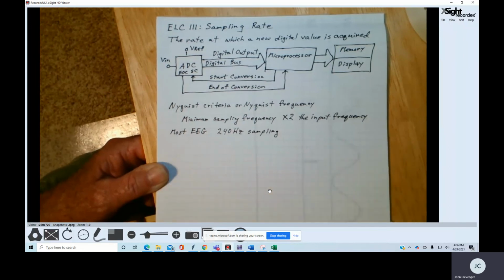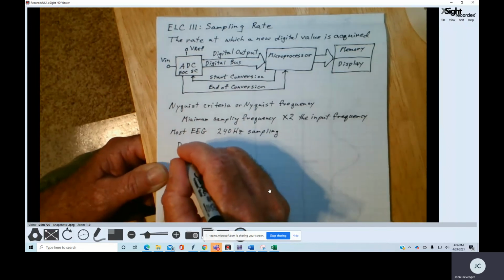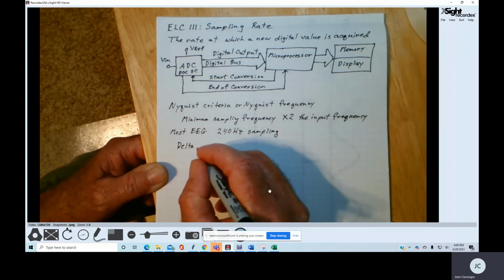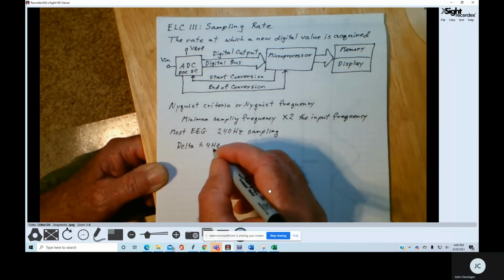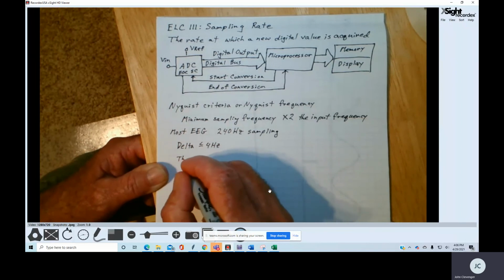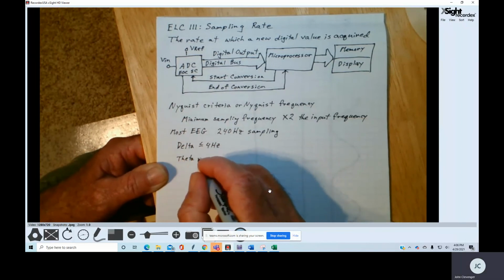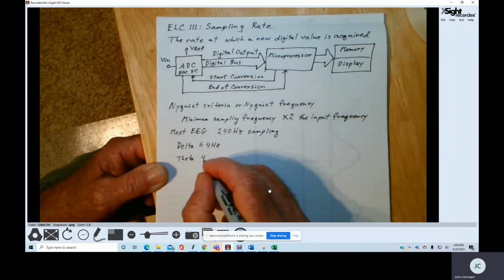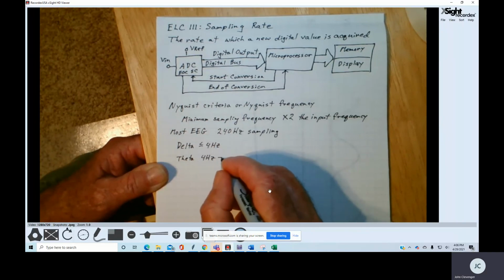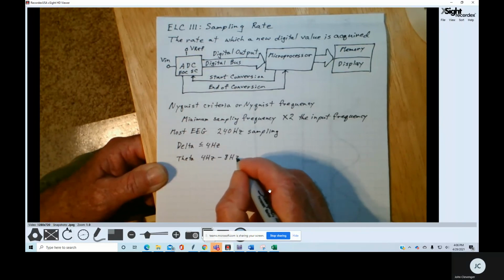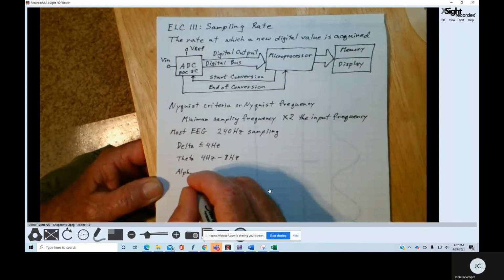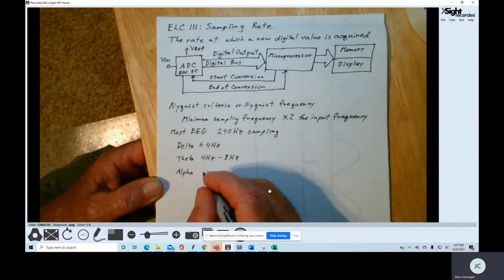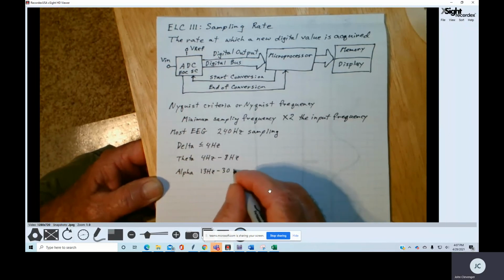The EEG signals, the delta signal is less than or equal to 4 hertz. The theta signal ranges anywhere from 4 hertz to 8 hertz. The alpha signals